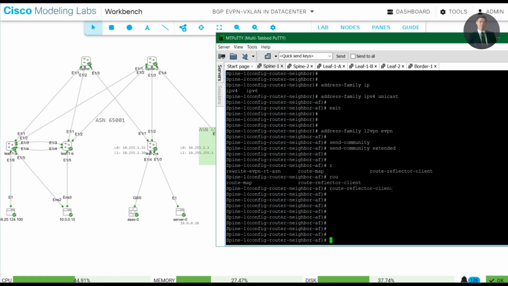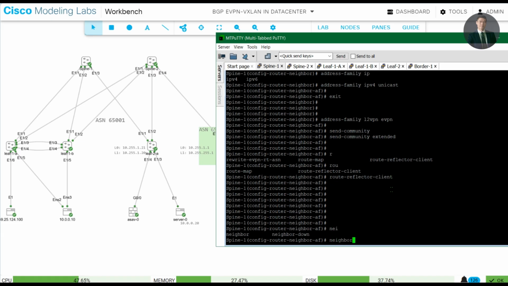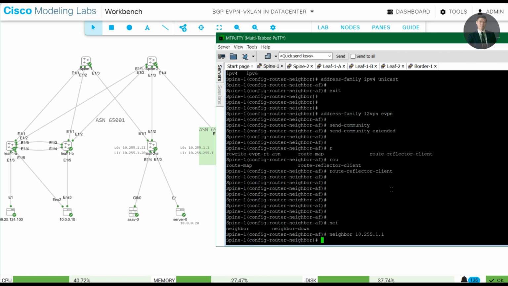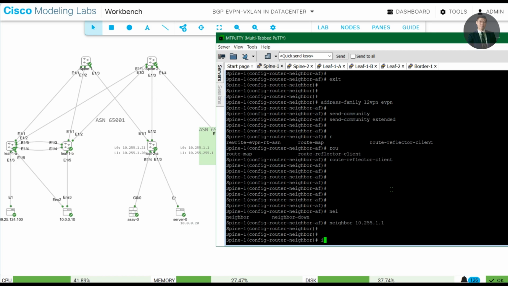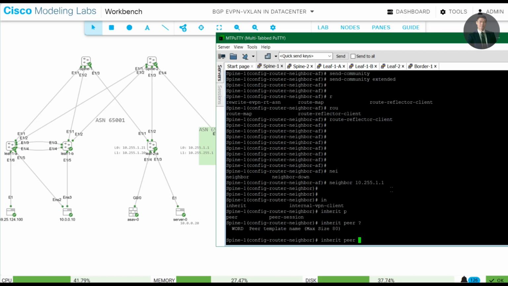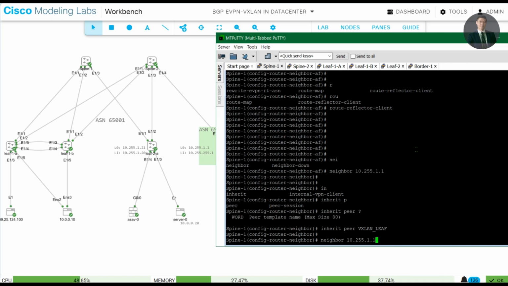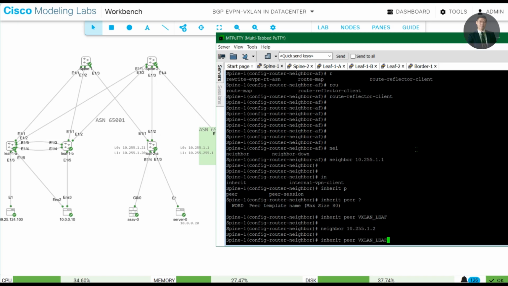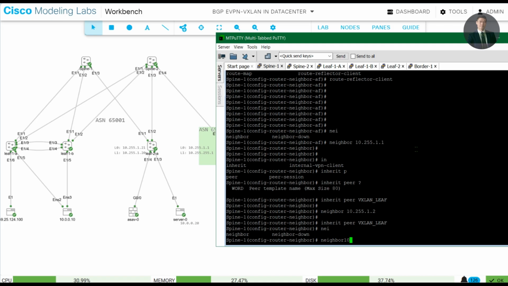And first neighbor, leaf 1A, 10.255.1.1. This is my leaf 1 neighbor. It will inherit the peer template, that's gonna be VXLAN leaf. Next neighbor dot 2, leaf 1B. Inherit same. Next neighbor 10.255.1.11. That's my leaf 1 on right. So